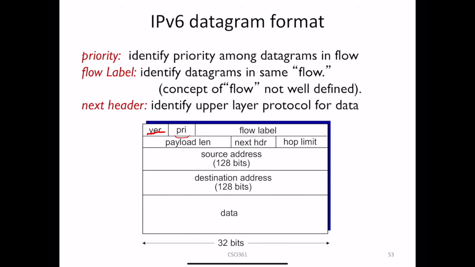For the third one, the flow label is to identify datagrams in the same flow. However, the concept of a flow is not well defined. As we know, when we're using IPv4, between the sender and the receiver, there are multiple paths. So the datagrams from the same sender can use different paths to reach the destination. Therefore, if you're using the UDP protocol, these datagrams, when received by the receiver, can be out of